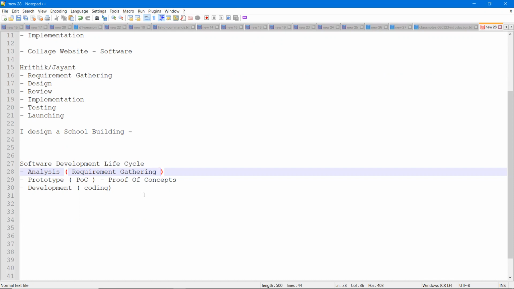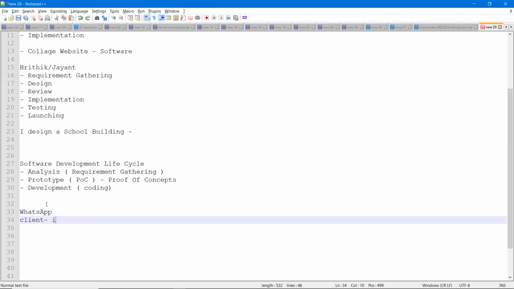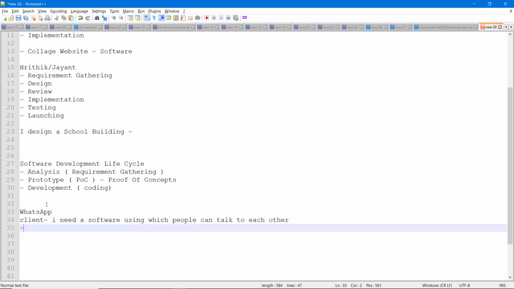The client says, I need a software using which people can talk to each other. That's a description of the software. Then the client said, I don't want